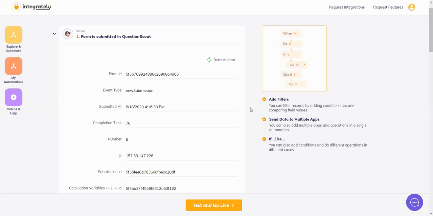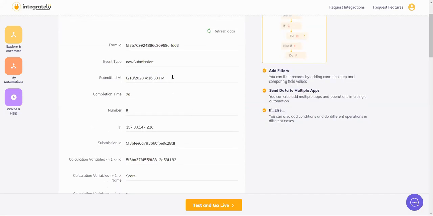Now let's look at another way where we can use this data modifier. Suppose I want to make some changes to my date. For example, in my question scout trigger form, I have this date and time value given. What I want is only the date from this. But again, here it says month, date and year. I want it to be date, month and year. So basically I'm trying to do two modifiers. First, I'm trying to pick only the date from date and time. Second, I want to change the format. So let's see how we will do this.